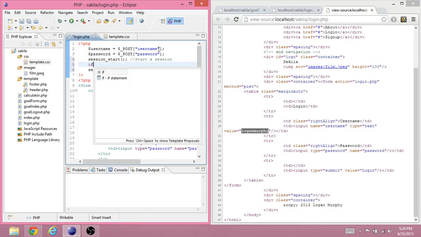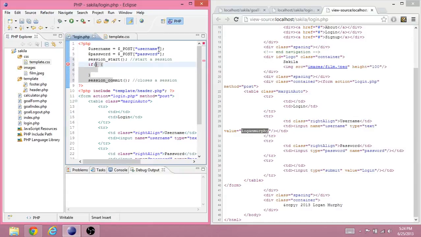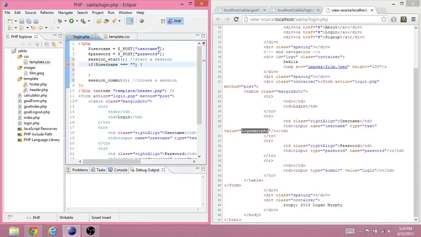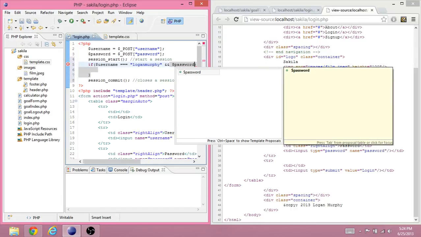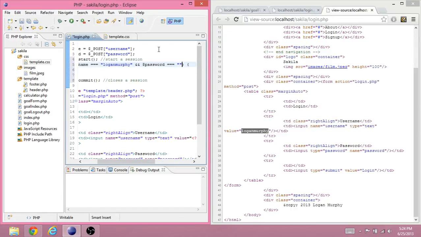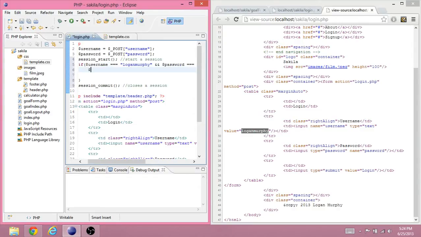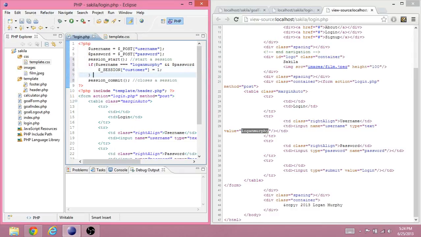First, we want to see if someone gave us correct credentials. So let's just make something up here. If the username is equivalent to Logan Murphy and the password they posted is equal to secret, then we're going to use this session variable and set its customer value to 1. Remember, we can do else if,